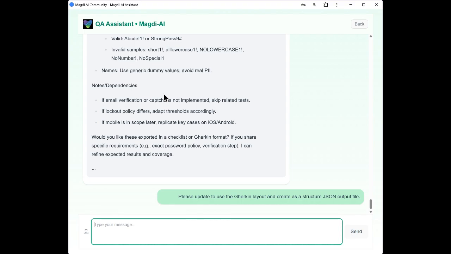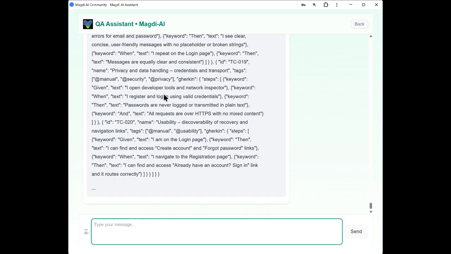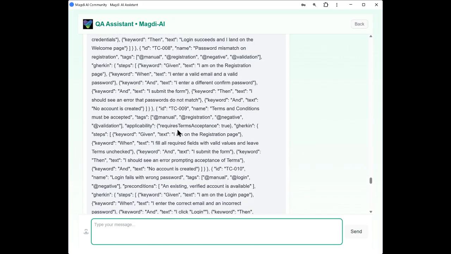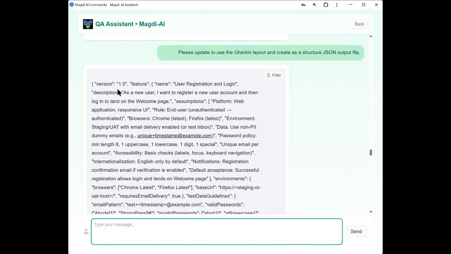A lot of times, if we are QA engineers and we do manual testing, we really don't think about all of those different things. So you could see that it did outline everything in Gherkin style. I can also ask it,